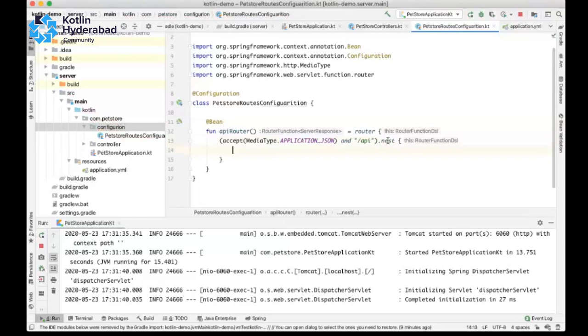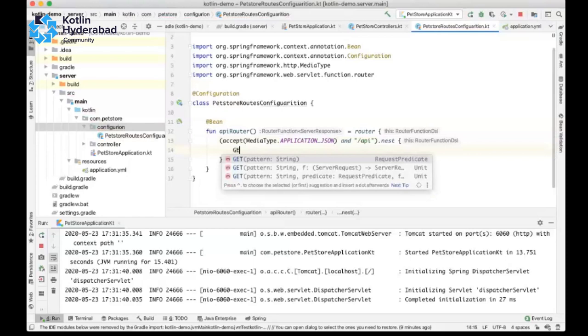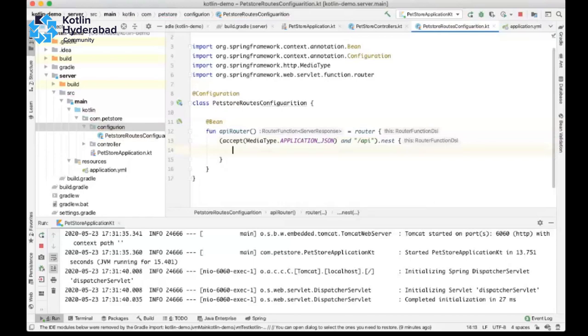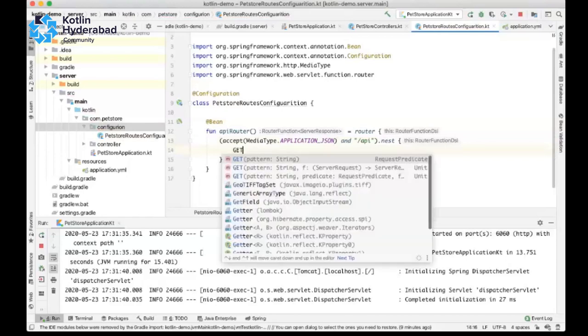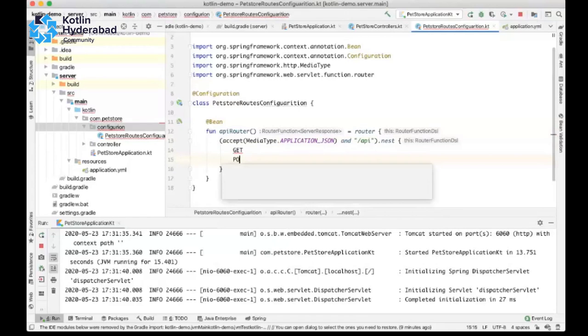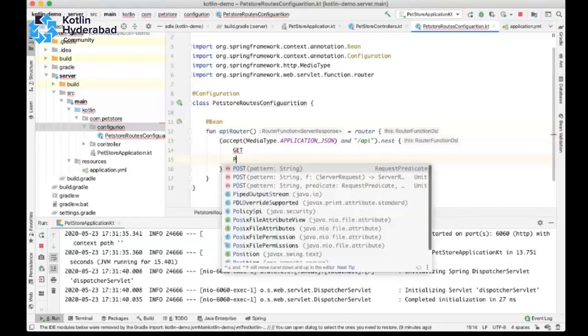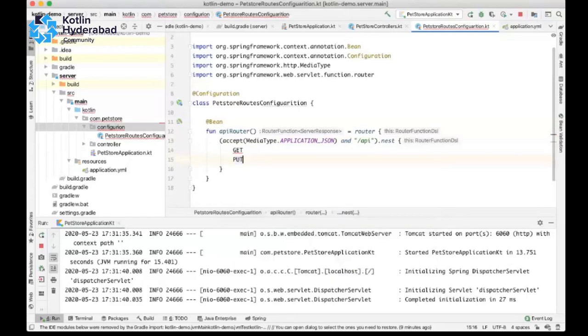Next is another lambda function inside which we will write our routes. There are different available methods like get, and we also have post and put. For defining different types of operations, we have different types of methods.